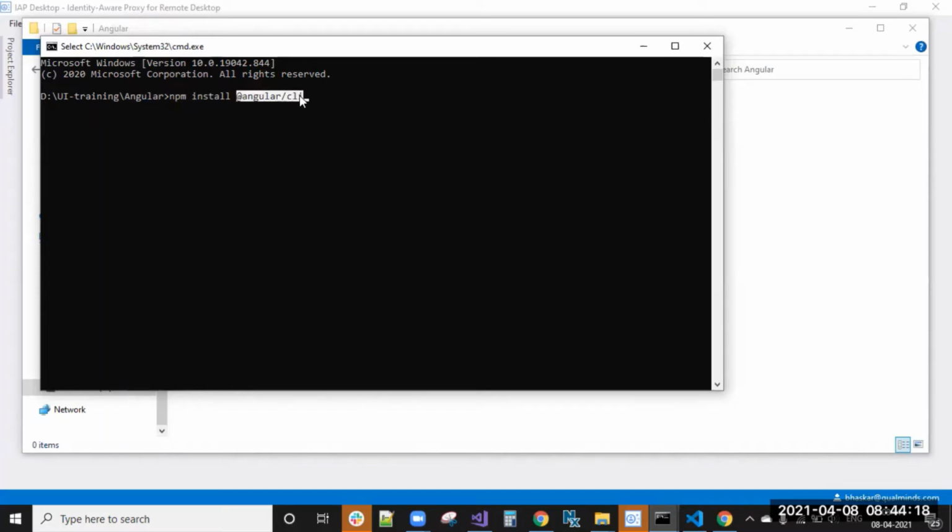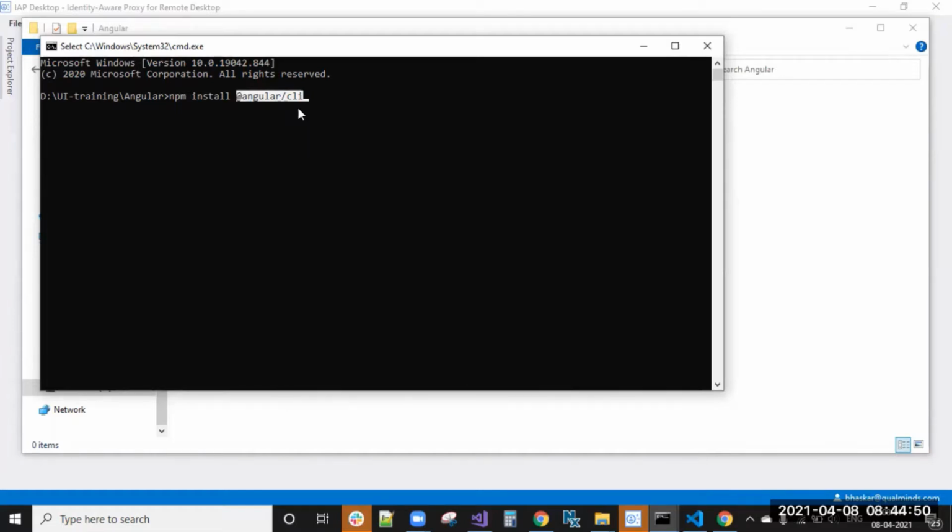We have commands to create a project, add a component, and add modules. Before, in Angular 2, we could create the files manually only. But after Angular 4, the Angular team implemented the Angular CLI.